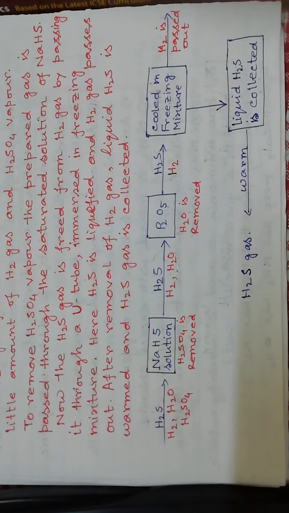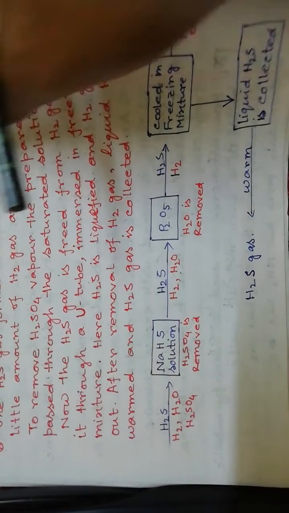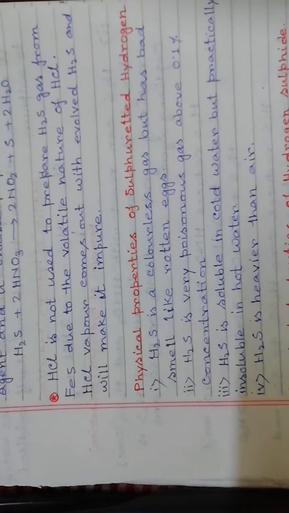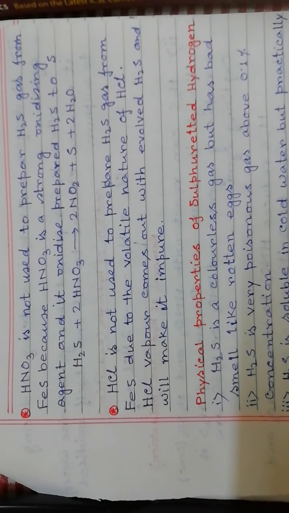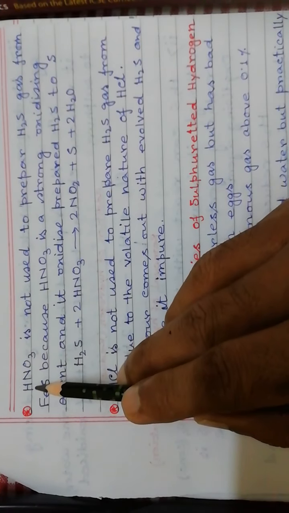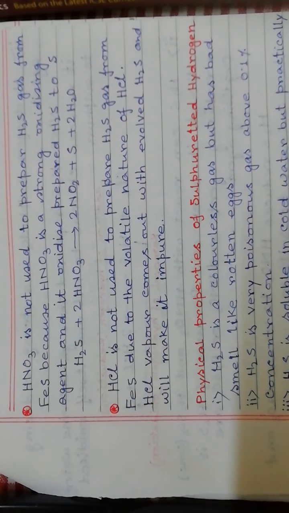Now the question is, in the laboratory we prepare H2S gas by the reaction of ferrous sulfide and dilute sulfuric acid. Why do we not use nitric acid or HCl, that means hydrochloric acid? Here why not use nitric acid? Nitric acid at first reacts with FeS and produces H2S gas. But the problem is